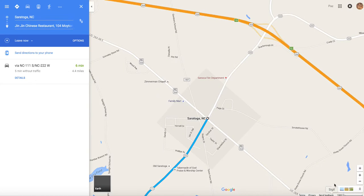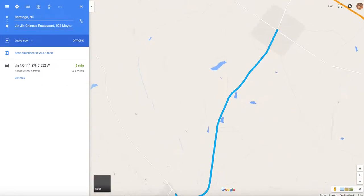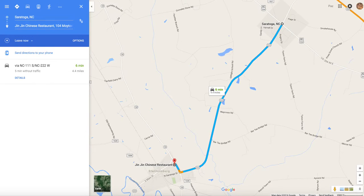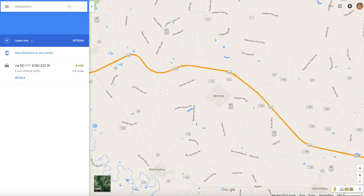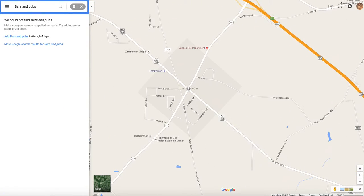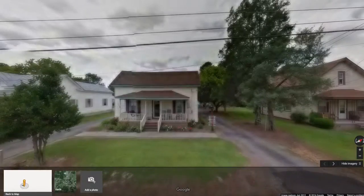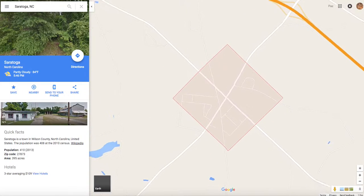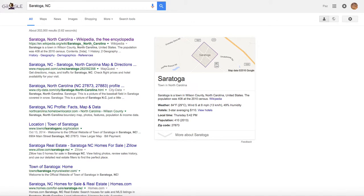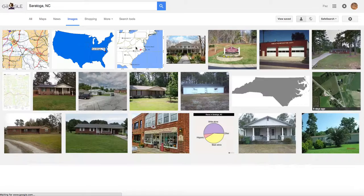Yeah, I don't know how far we keep going with Saratoga. Sometimes you get a place that just seems too boring for words in a lot of ways. This isn't a put down. I mean, I guess it is in a way, but I'm not trying to be. I'm sure it's a lovely place to live. So yeah, that's